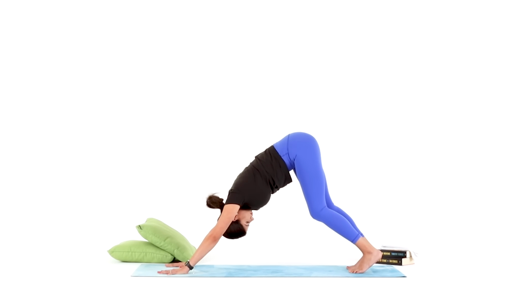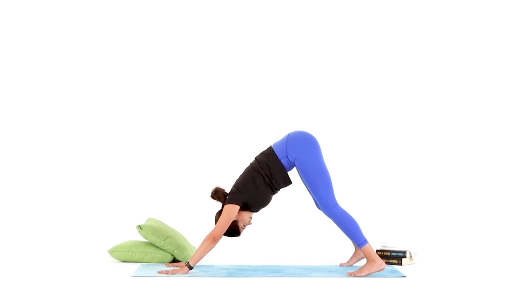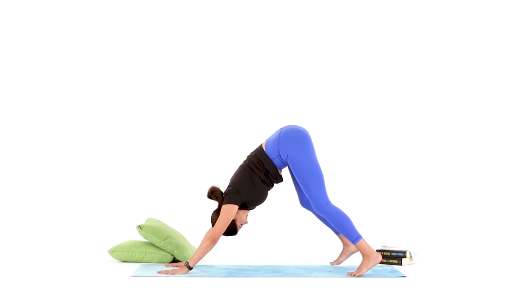Your gaze can rest between your ankles, and it does help to take your feet a little bit wider. Breathe. This is a challenging pose in the beginning of your practice, but just remember that the more you practice down dog, the easier it gets, and someday you might consider this a resting pose. But that might not be today, so go ahead and walk your feet in towards the middle of your mat,